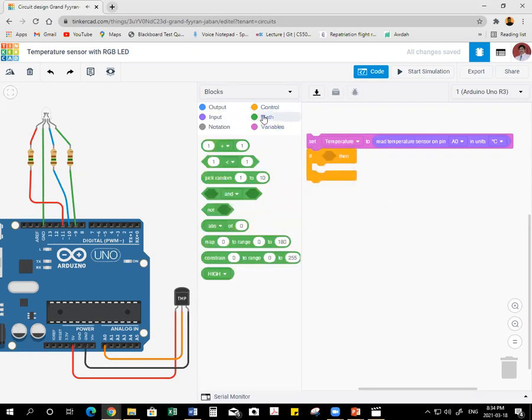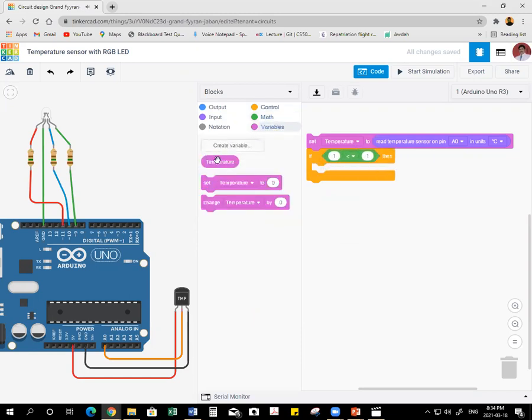So now next we'll go for the math. For if condition, we need a control math. Now here we put the temperature sensor inside. What is the reading? It should be greater than 50 degrees, because we are reading A0, and we are using the direct block, read temperature sensor with A0 pin, and it should convert it into degree centigrade or degree Fahrenheit. Now